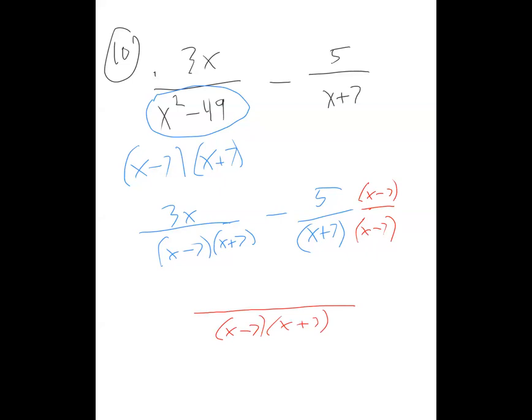And then on top, you have the 3x that comes together onto the top of that same fraction. And you also have the negative 5 times that x, which is negative 5x. Then you have the negative 5 times the negative 7, which is positive 35. Then you get 3x take away 5x, which is negative 2x. Negative 2x plus 35,